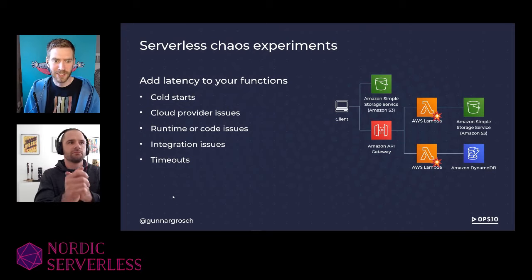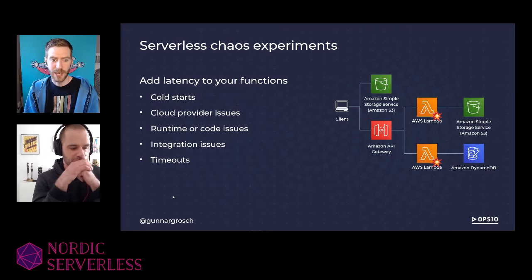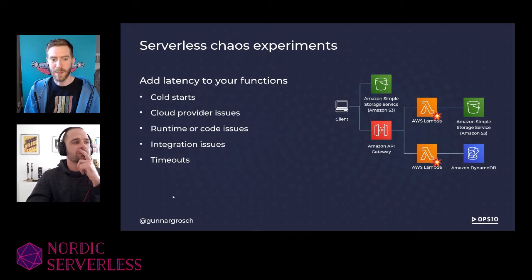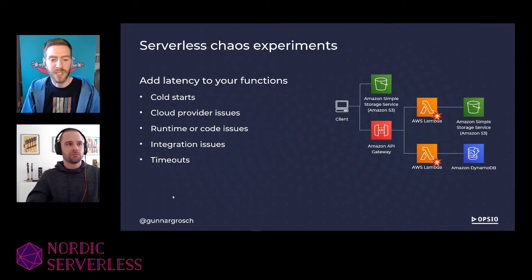Just last night, I think Slack had a big outage. And what happened to all of the applications that were using Slack in some sort as a third party? Well, those kinds of issues we're able to test by using these kinds of chaos experiments in our applications. So those are some different kinds of chaos experiments we can do